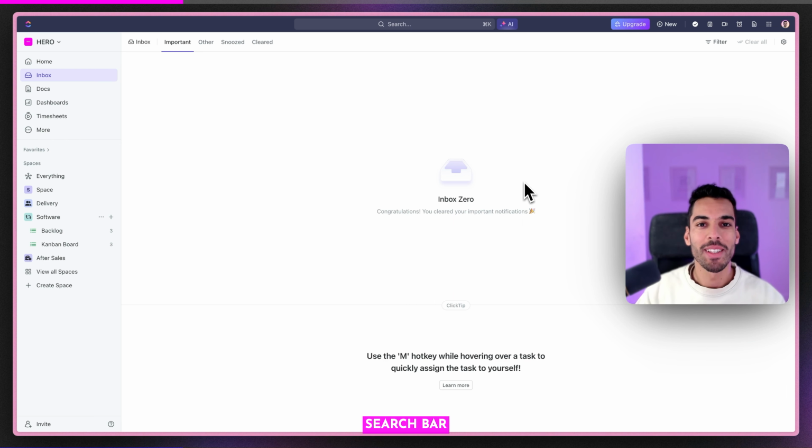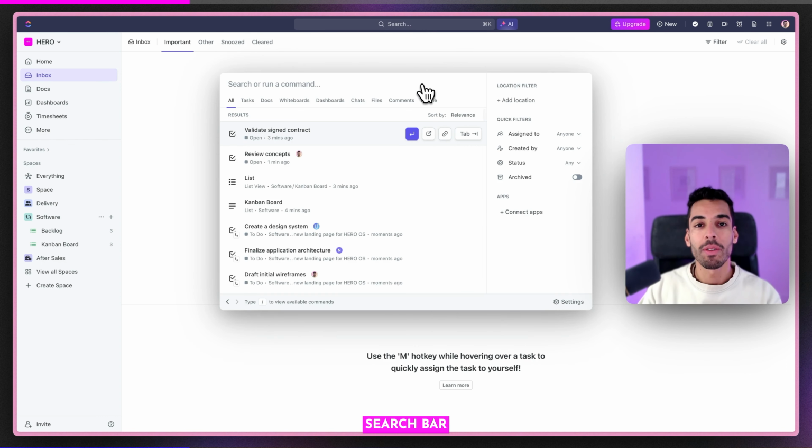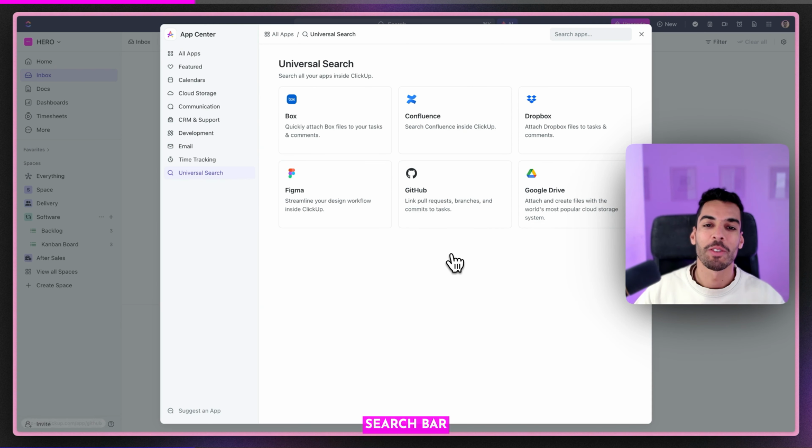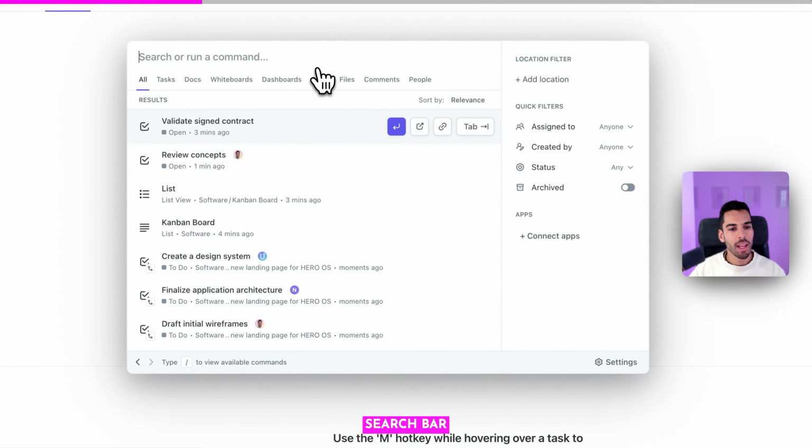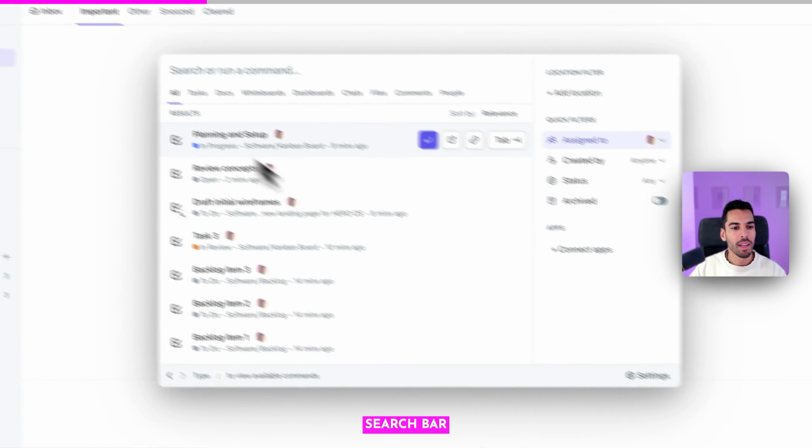The next step is going to be the search bar. If we click Command K, or if we click here on search, you're able to search pretty much anything, and even in other software. I could search for a Figma design or for a Google Drive file straight from my search bar. I'll open it up, and for example, I want to see tasks that are assigned to me